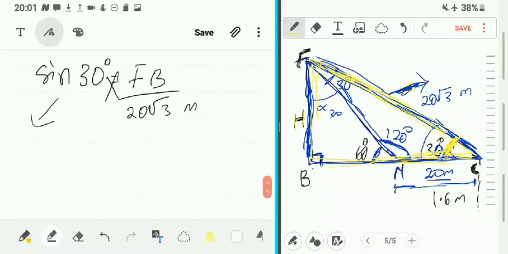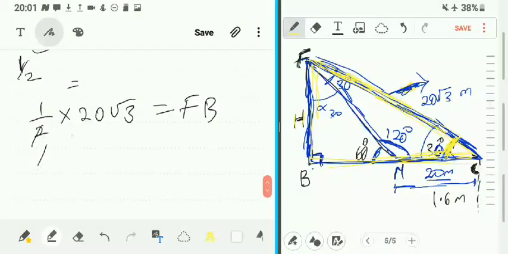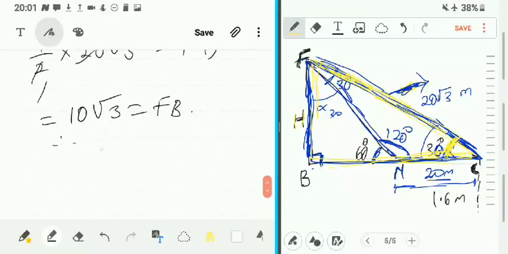Sine 30 is half. So instead of sine 30 times 20 root 3, it becomes half times 20 root 3 equal to FB. 2 here 1, 2 here 10. We are leaving the answer in surd form. 10 root 3 equal to FB. Therefore, the height of the tower is